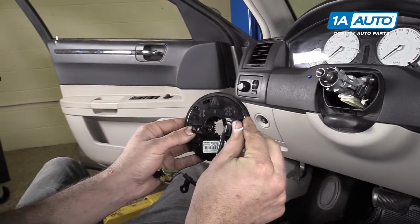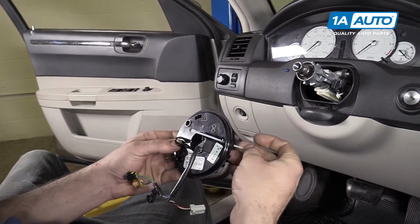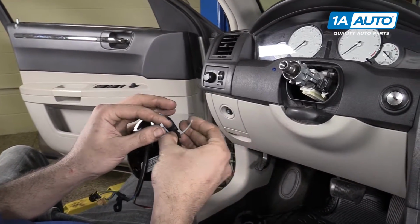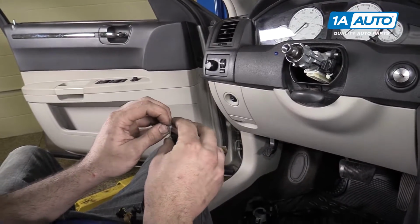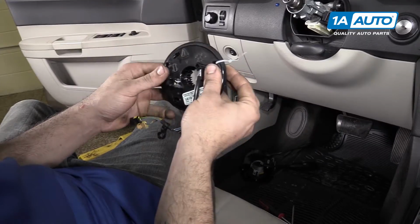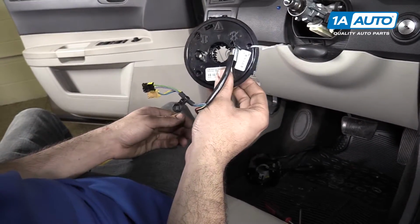Once you've removed your airbag clock spring, if you're going to be reinstalling this one, just take a small zip tie or a piece of wire or mechanics wire. You don't have to tighten it all the way down, just toss it in there so this won't lose its